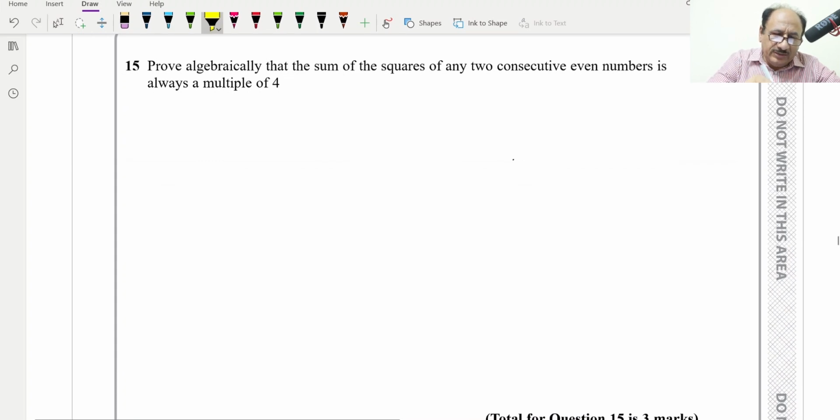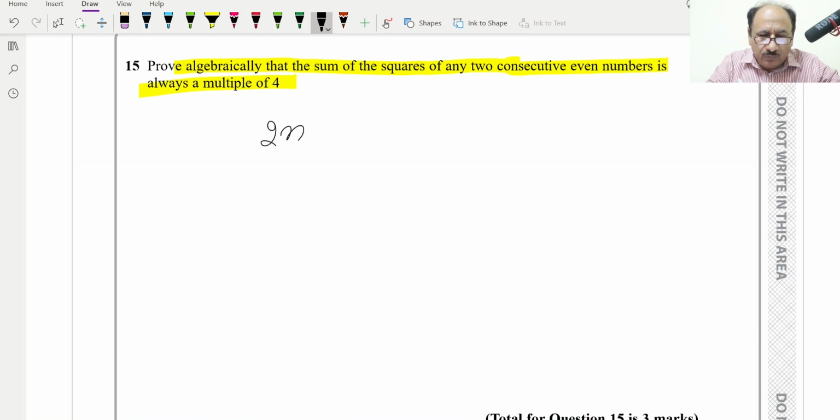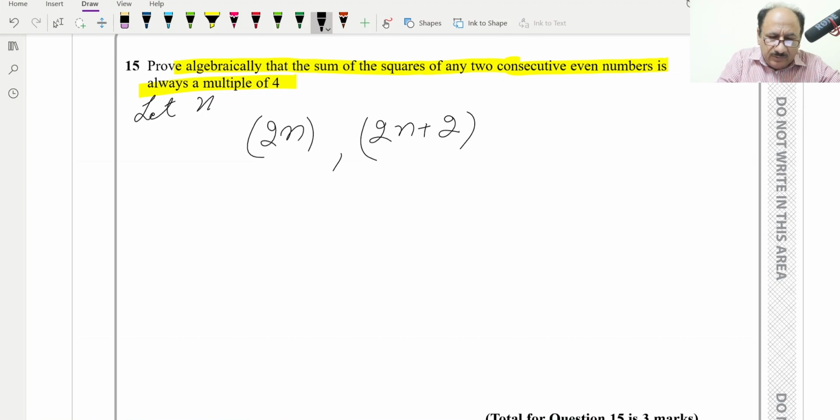Now prove algebraically that the sum of squares of any two consecutive even numbers is always a multiple of 4. So we have to suppose two consecutive even numbers. One even number we can suppose as 2n, and the second consecutive even number will be 2n plus 2. So these two will be the consecutive numbers, and we can say let the numbers